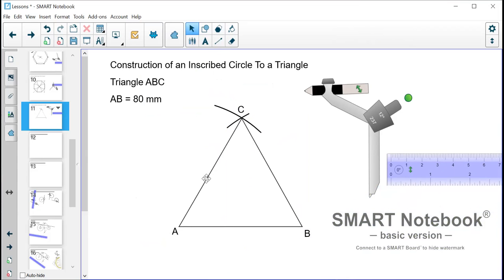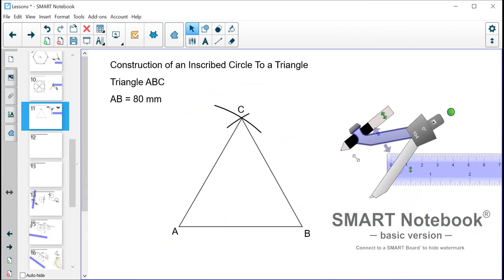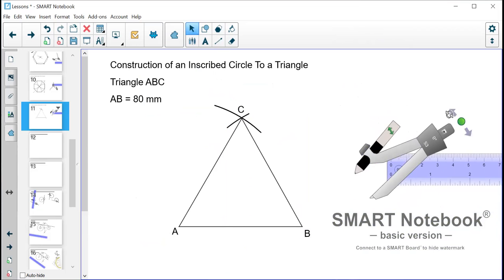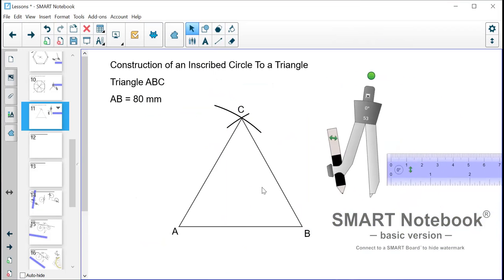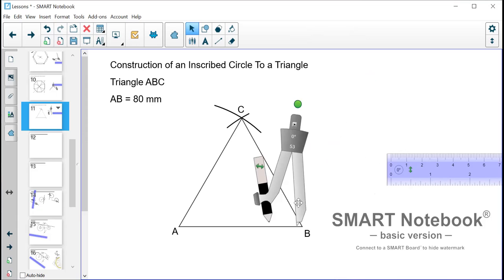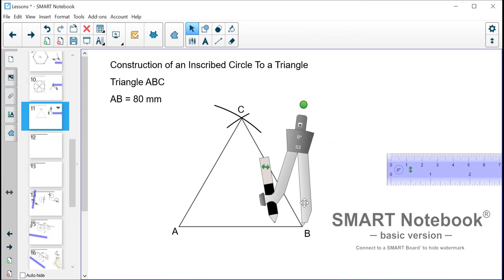Now that is the first step, right? Construct the given triangle. Step two, now we'd have to bisect any two angles within this triangle. We know triangles have three angles, all right? So we bisect any two angles. So let's say we bisect this angle at B,